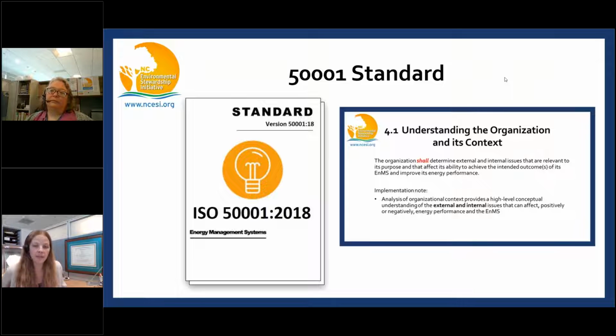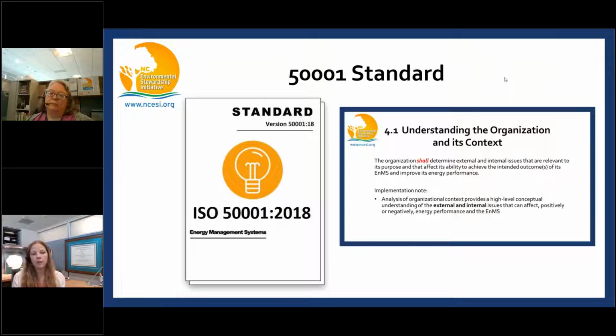All right, so as Angela said, we've designed these slides to be very close to the ISO 50001 standard, but we do encourage you to get a copy of that standard so that you have it if you're going to be implementing an energy management system at your facility. Just so you can see, this is what the standard looks like, a hard copy of it anyway. You can also get electronic copies of it. And our slides themselves are very close to the wording in the standard.